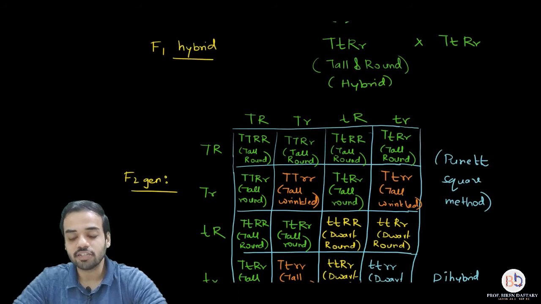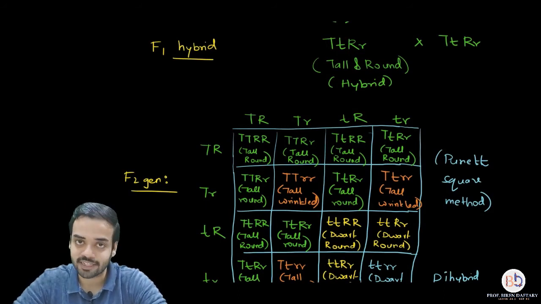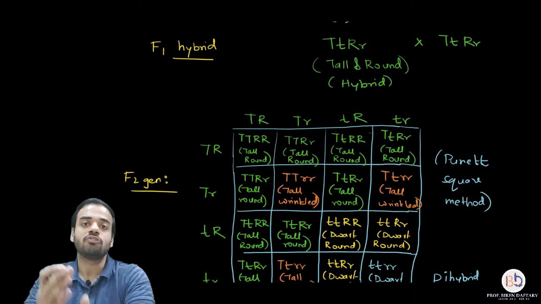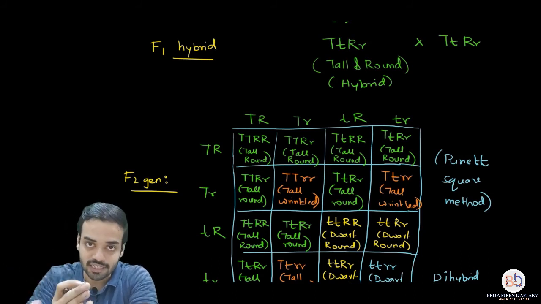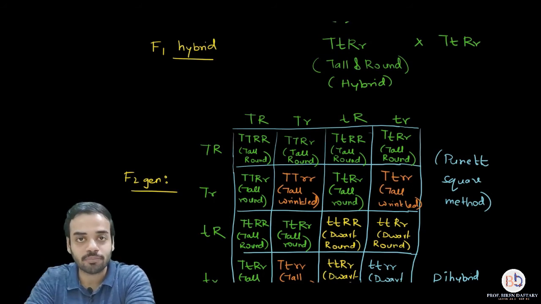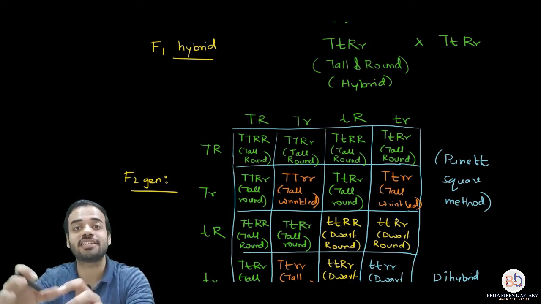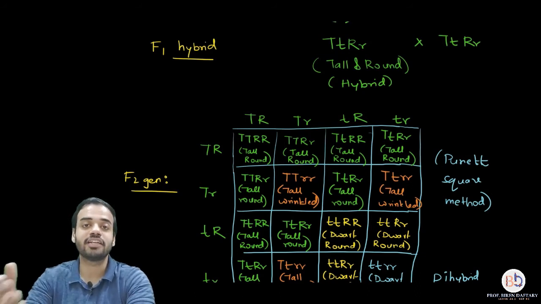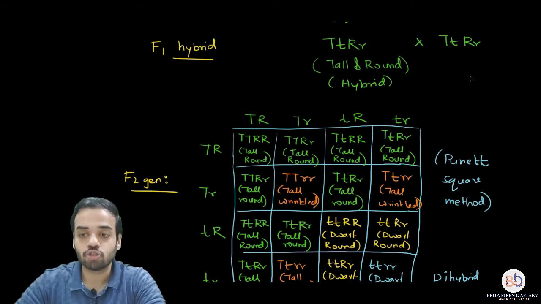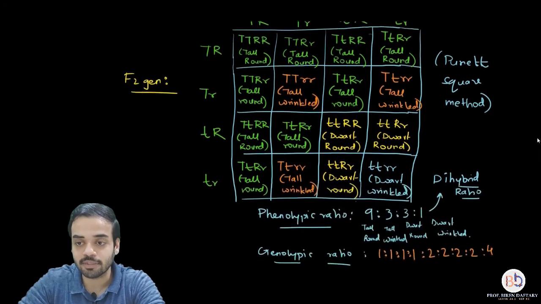Is this clear? So this is somewhat similar to the law of segregation. However, law of segregation is given with respect to the separation of alleles, right? Whereas law of independent assortment is given with respect to the separation of characters whenever we are taking more than one character into account.